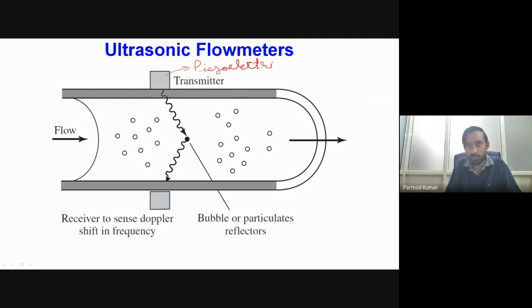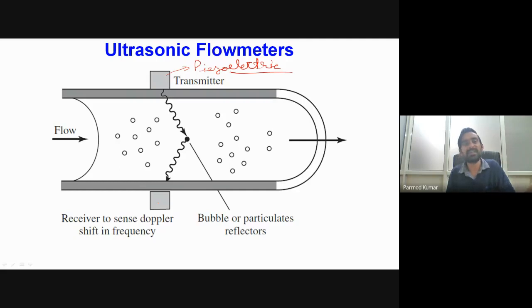In the transmitter unit, we give some voltage signal, and that voltage signal produces the ultrasonic signals. In the receiver unit, when these ultrasonic signals are received, they generate some voltage signal. Depending upon that voltage, we determine how much change there is in the signal frequency while it travels from the transmitter to the receiver unit.